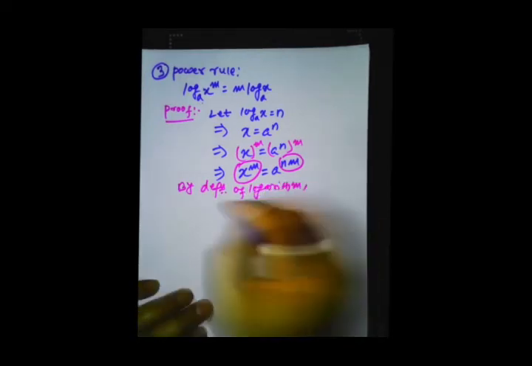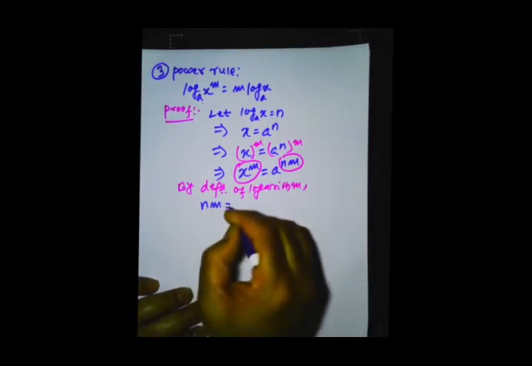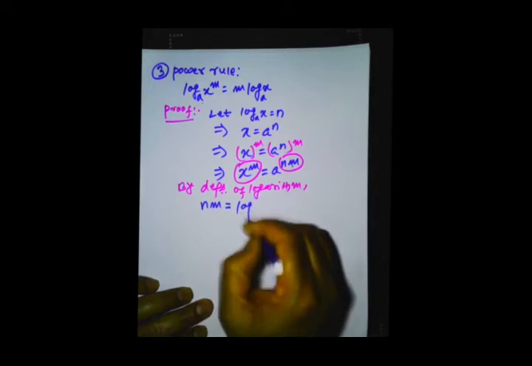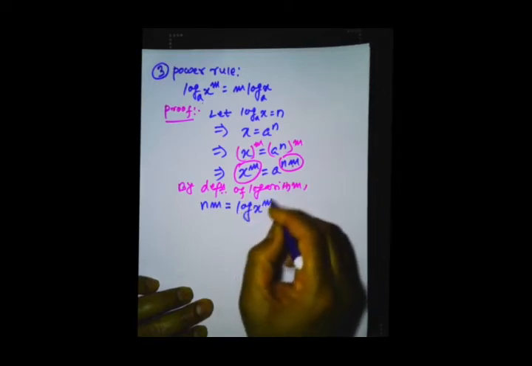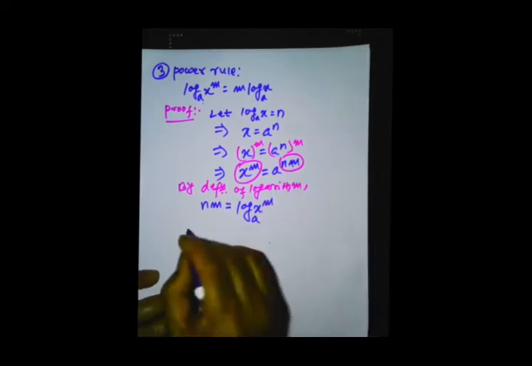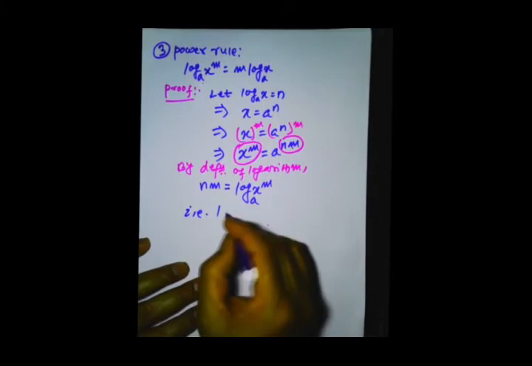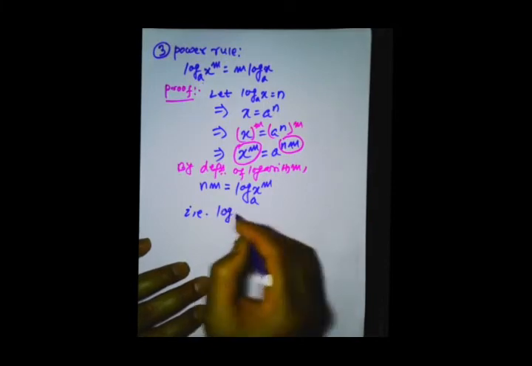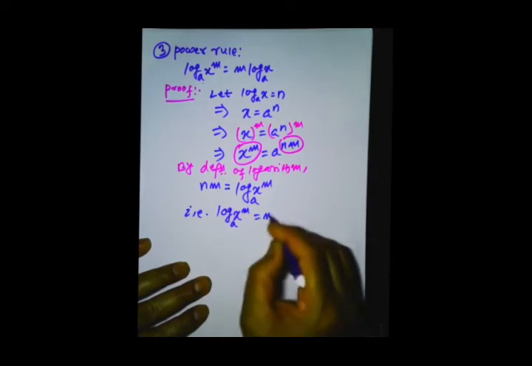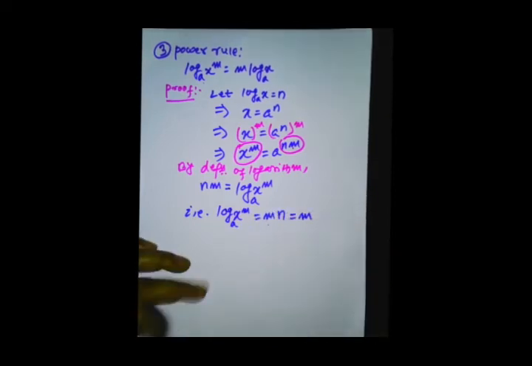We have here n times m is called the logarithm of x to the power m to the base a. That is, we can write logarithm of x to the power m base a equals m times n,